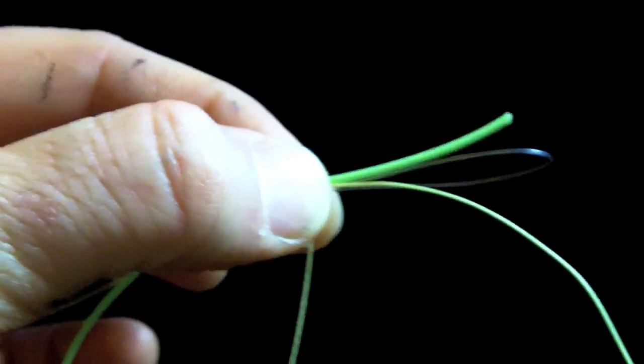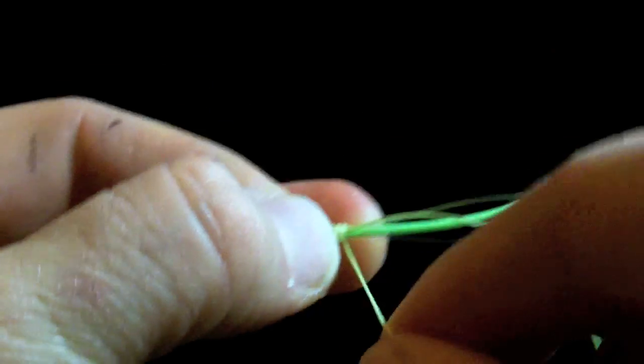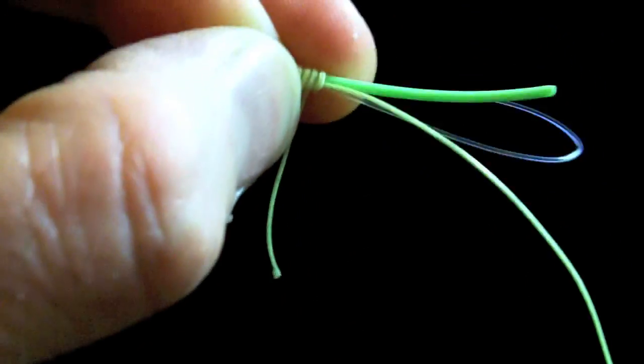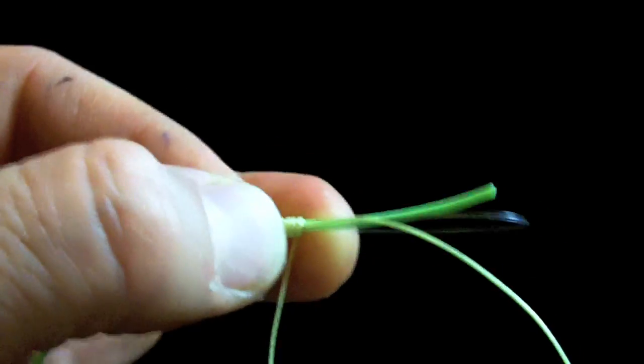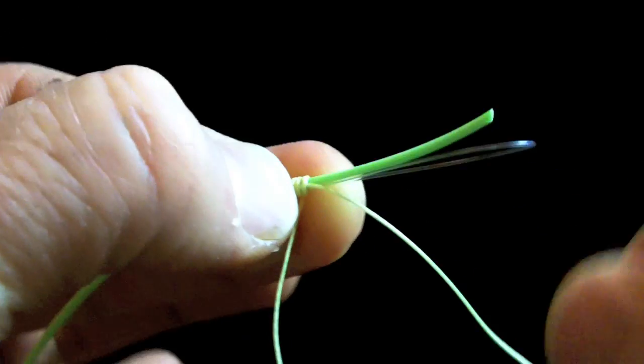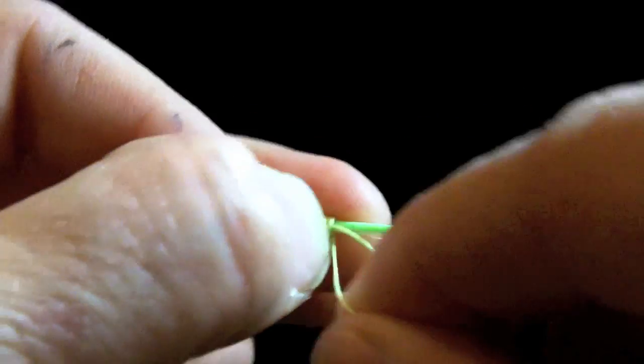1, pinch, 2, pinch, 3, 4, and 5 times. And it really helps to keep these things stacked up correctly. So if you can see, I've made sure those wraps are actually in line and I'm not wrapping them over themselves. Now on your 5th time, and 5 is usually the magic number,